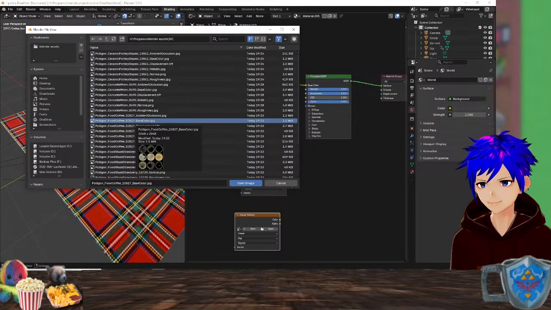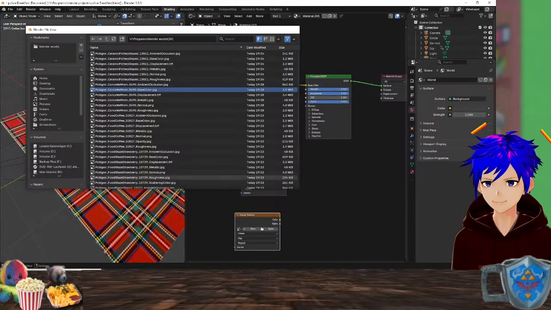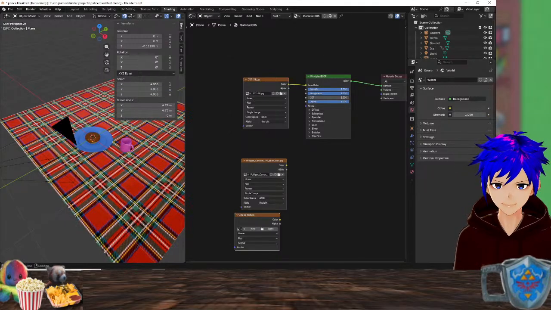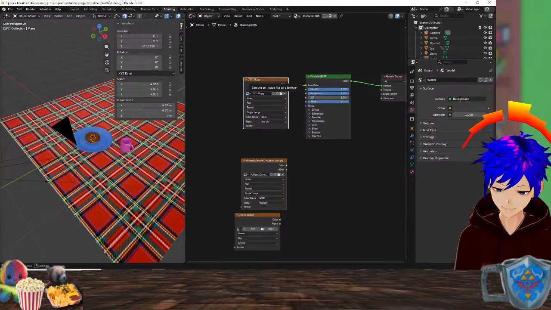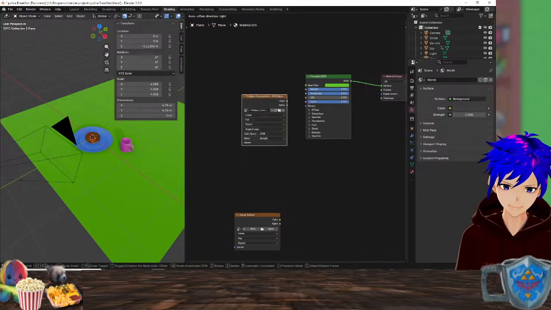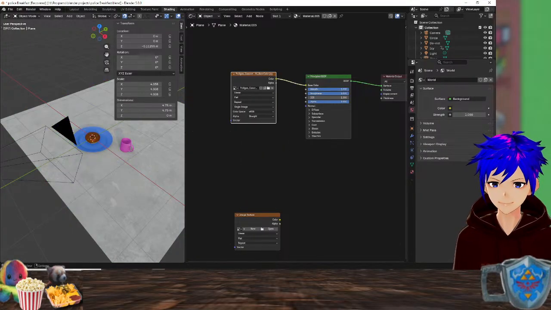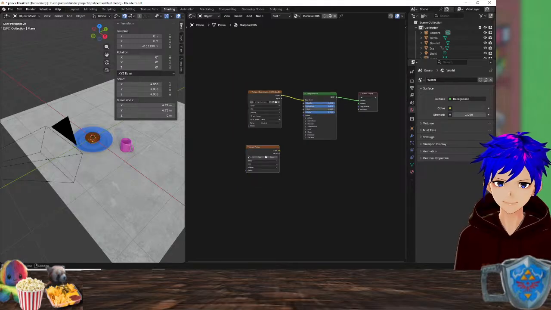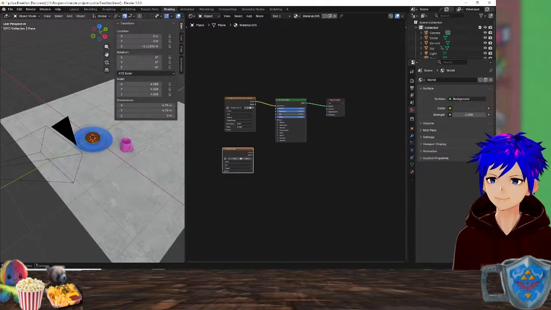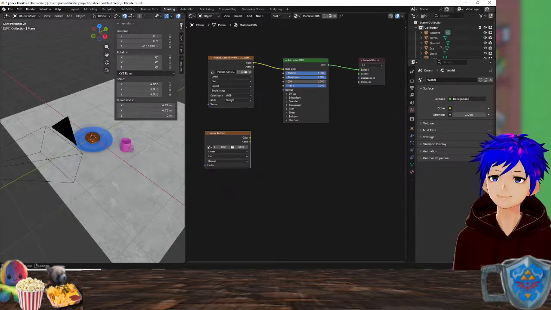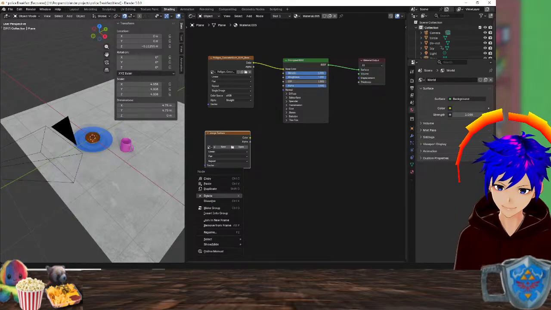Base color. A concrete base color. Yes. And another one.